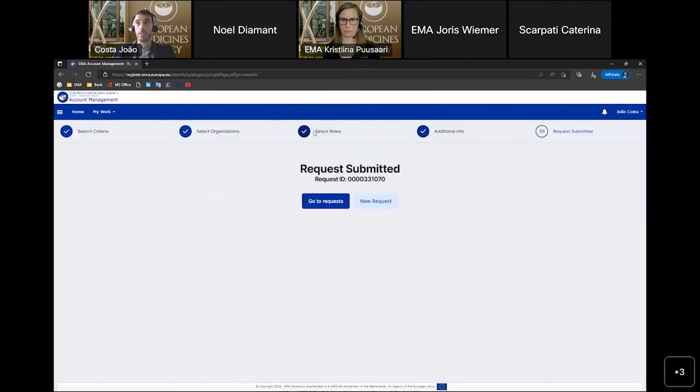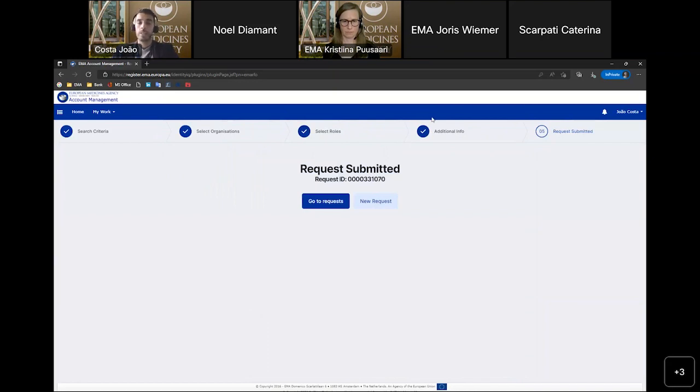As you can see, I was in step 3, select roles, and I immediately jumped to step 5. This is because I selected an applicant related role, and applicant related roles do not need additional information, so they don't need the step 4.